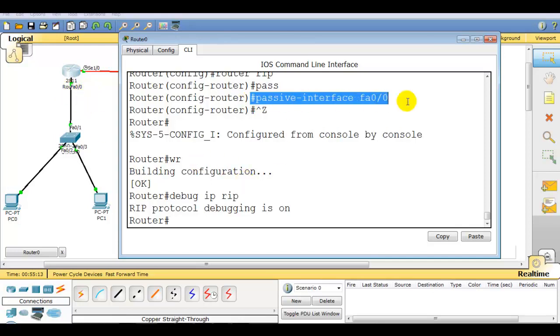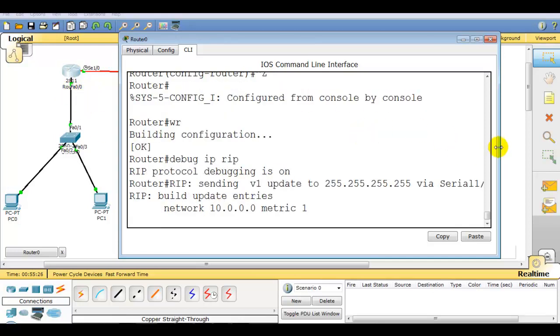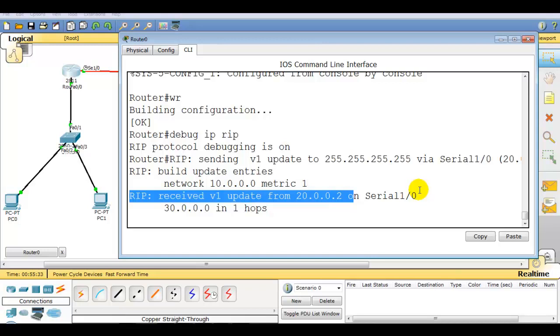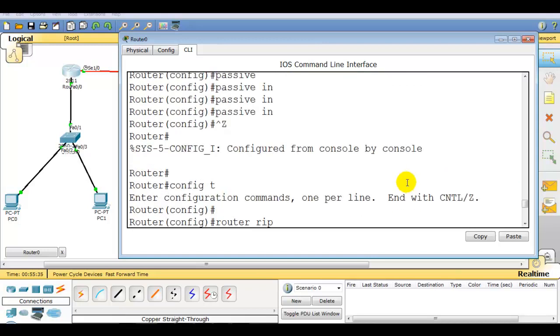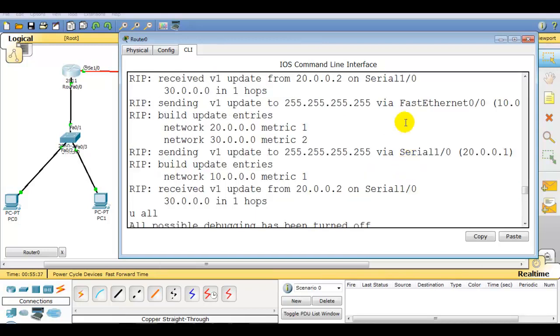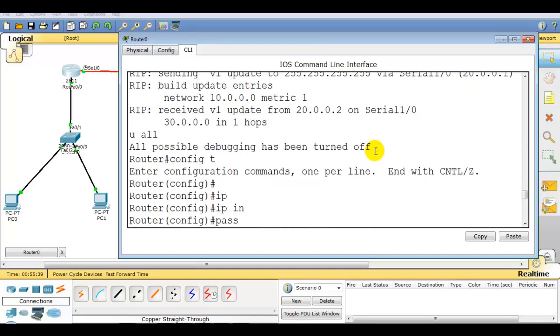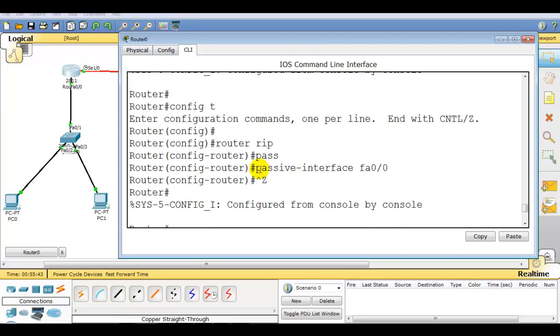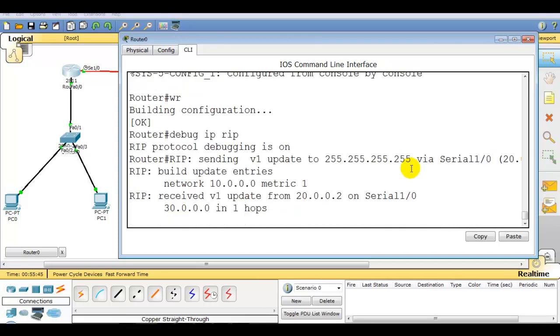So please remember this. Now you can see it is broadcasting to only serial 1/0. Previously it was broadcasting to FA0/0 as well, but I just made FA0/0 a passive interface.